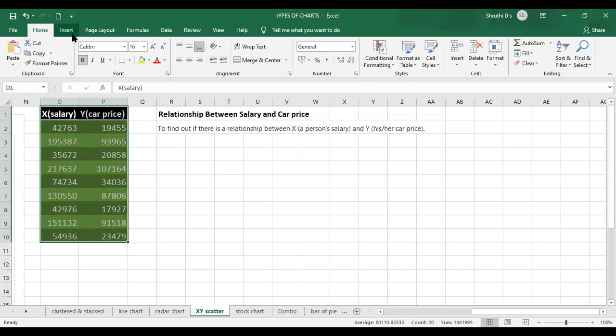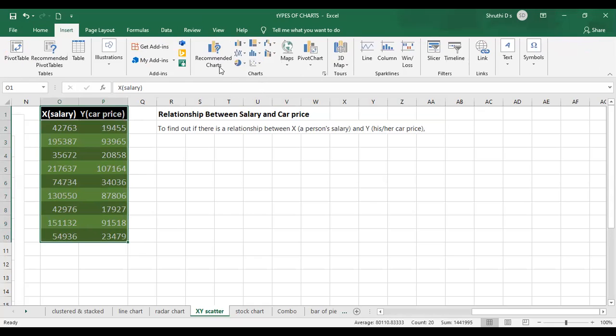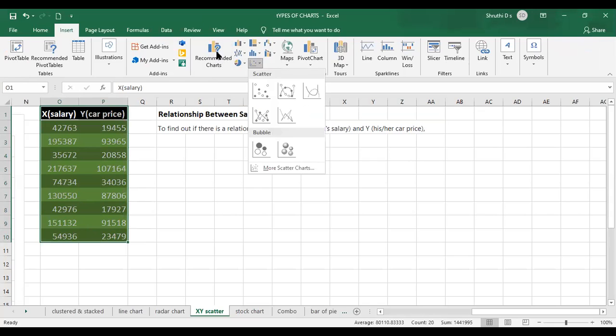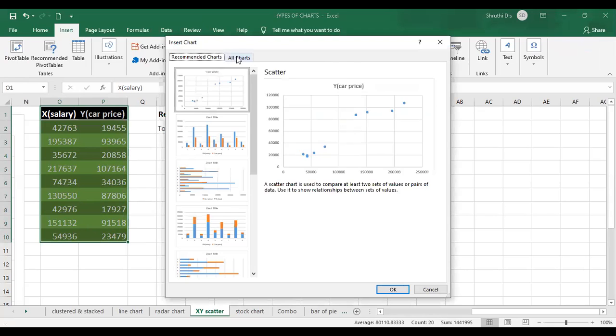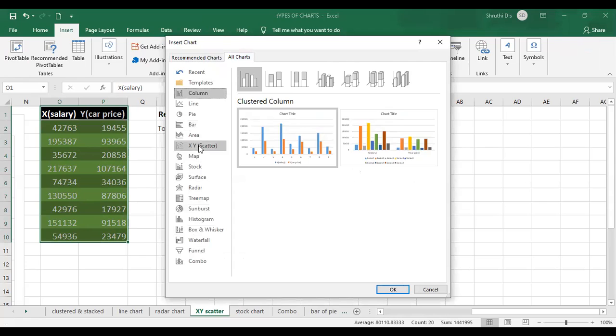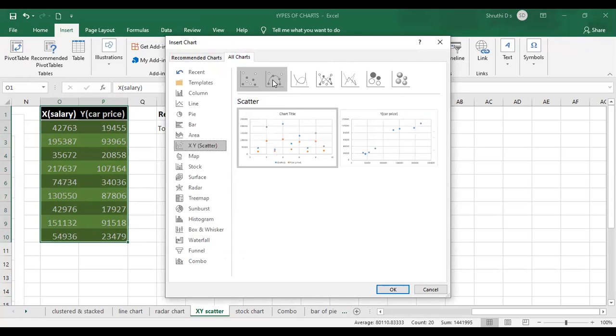Select XY scatter, it is already here, or you can go to this one. XY scatter is available here, so you can go with any type. It will show you the bubbles, or the scatter if you want to choose. I'll click on OK here.